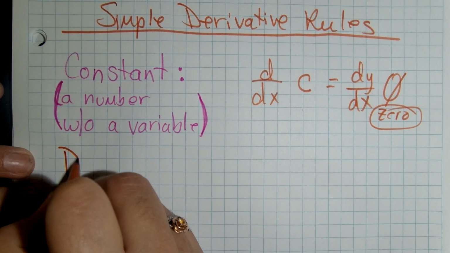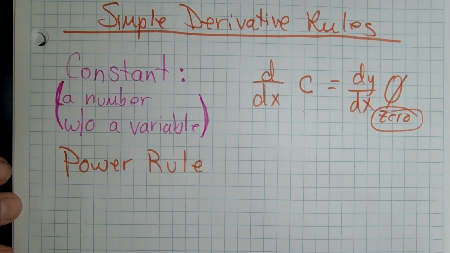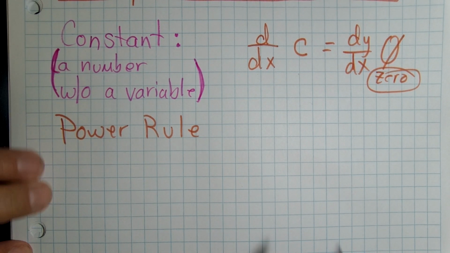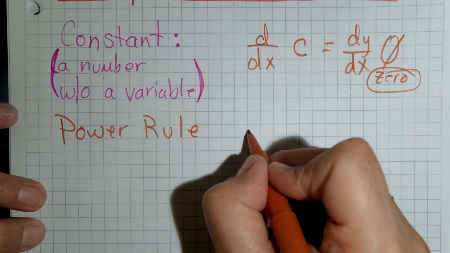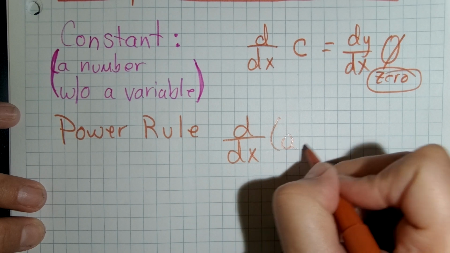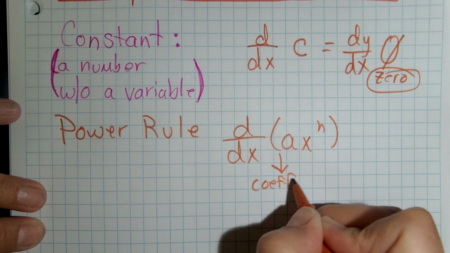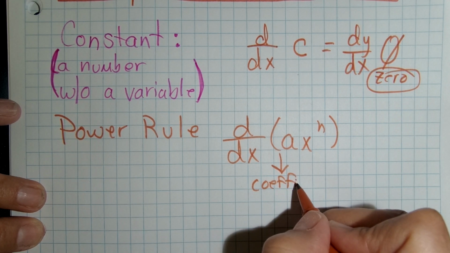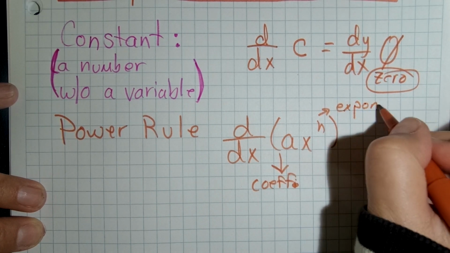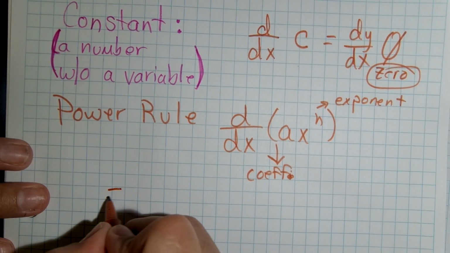The next one we have is called the power rule. This is called the power rule because we're going to be working with powers, meaning that we're going to be working with exponents. So the power rule says that if I have d by dx of a x to the n, where a is a coefficient, I can't spell, I'm just going to abbreviate it, and n is the exponent, the rule tells me,